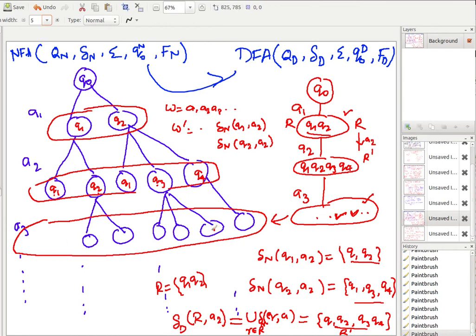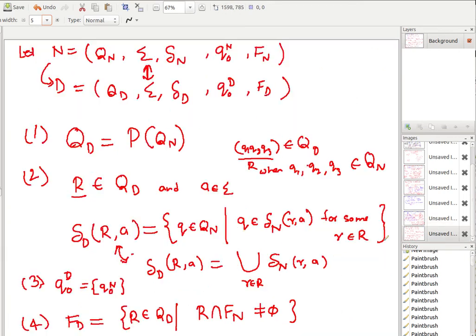at the last level, if you take the union of all the states, that is what you are getting on the DFA also, the union. Now if any of the branches are accepting, one of the states must be the final state at the last level, and that will appear here also in the DFA. So we say that any state in the equivalent DFA is a final state if it contains at least one element from the final states of the NFA. So this is our construction of the machine.